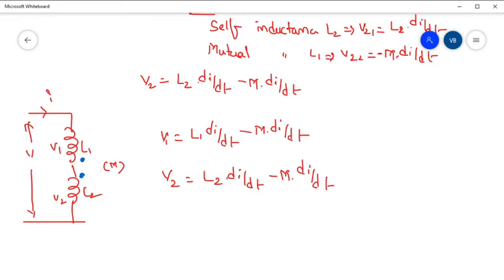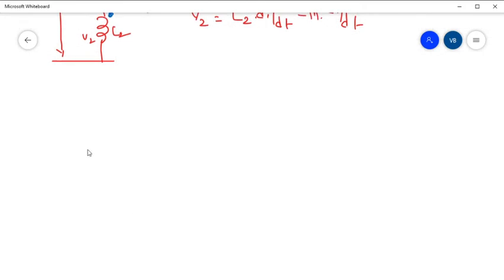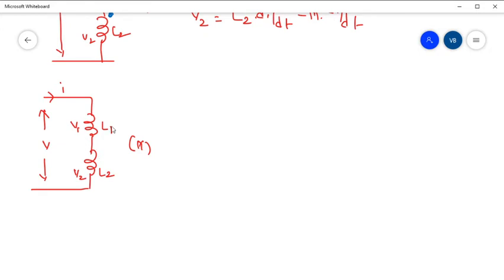So last case, in the fourth case, what should we take? Let us take the case which has the same inductors. These two are connected like this. Here we are going to apply V, which is L1, L2, this is V1 and V2. Here let us take the mutual inductance, and here I am putting dots like this. After entering into coil 1, we meet the first dot, and after entering into the second coil, we meet the dot. So here both are the same, right?